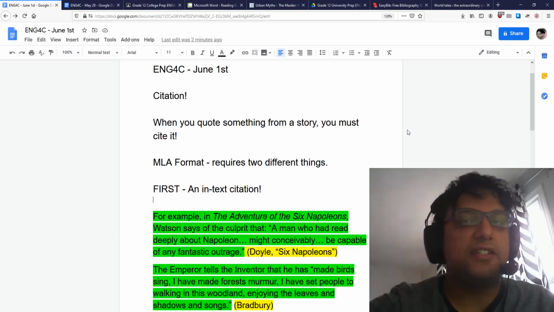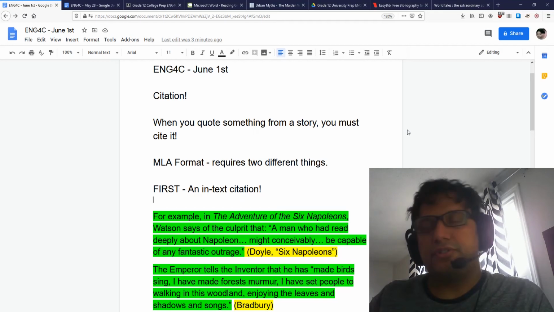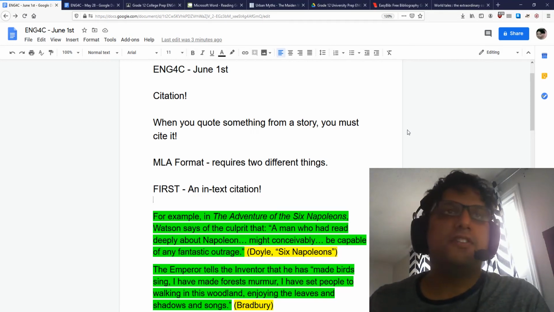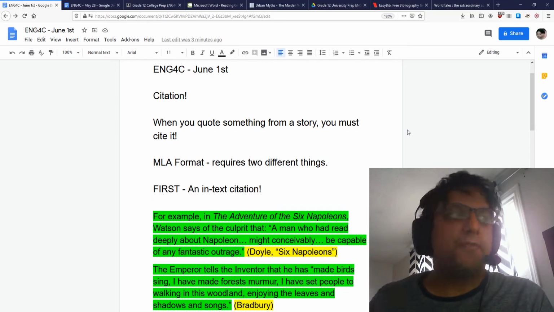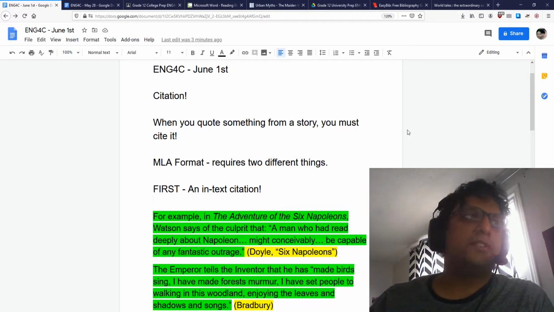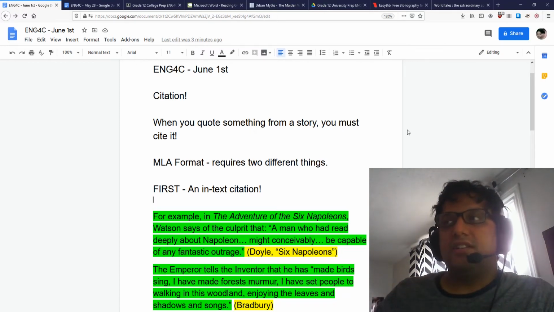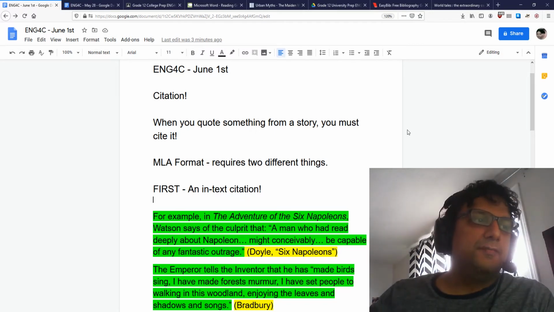Citation is slightly different depending on which kinds of courses you're taking. Science papers tend to have a different style of citation as opposed to social science courses. So it does vary, but it is about the same when it comes to the basics. Before I talk about the mechanics, let me tell you what citation is. The idea of citation is when you put something in your paper, I should be able to go and find whatever it is you said.